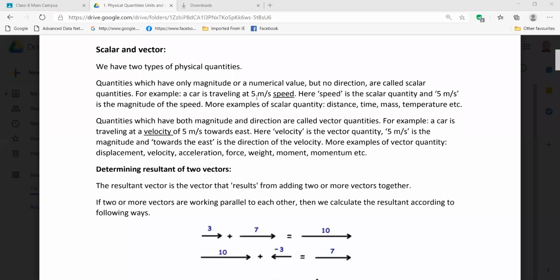It will be 10 meter per second. But if you are getting 5 meter per second, another 5 meter per second velocity in two directions, they have an angle, then you will get it different, not exactly 10 meter per second. Why is it? Because it has also